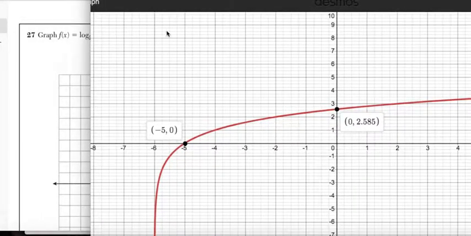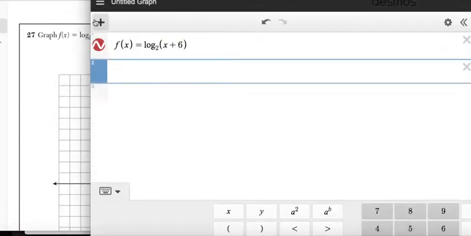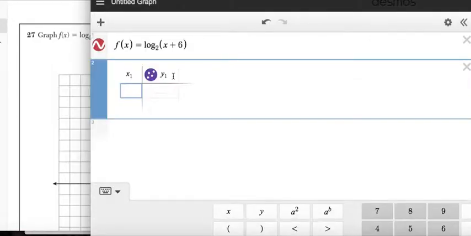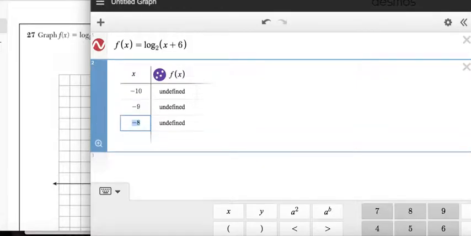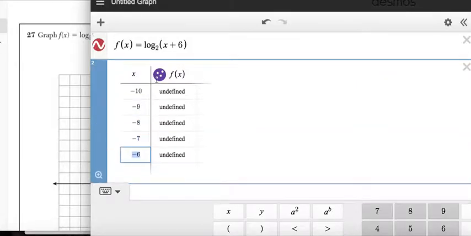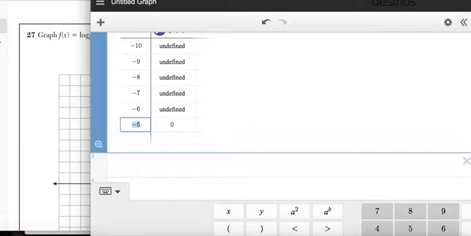So now I'm going to use the table, keeping in mind that the graph approaches but never reaches negative 6, which I could confirm in the table. So I'm going to enter table x, f of x, right? And let's say I started at negative 10. It's going to be undefined because you have to start greater than negative 6, right? A lot of people make the mistake of starting at the y-intercept, but